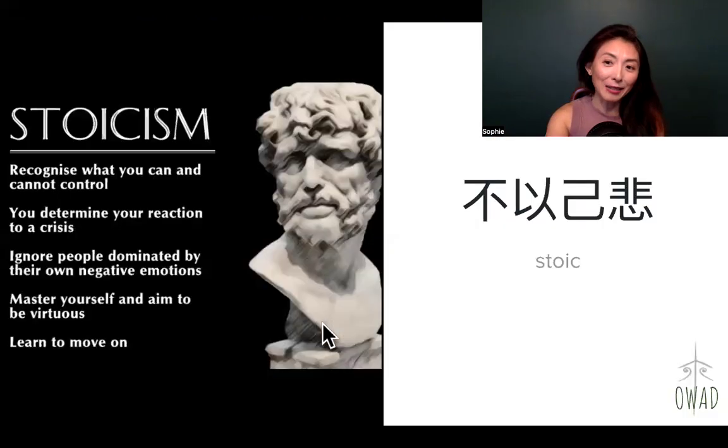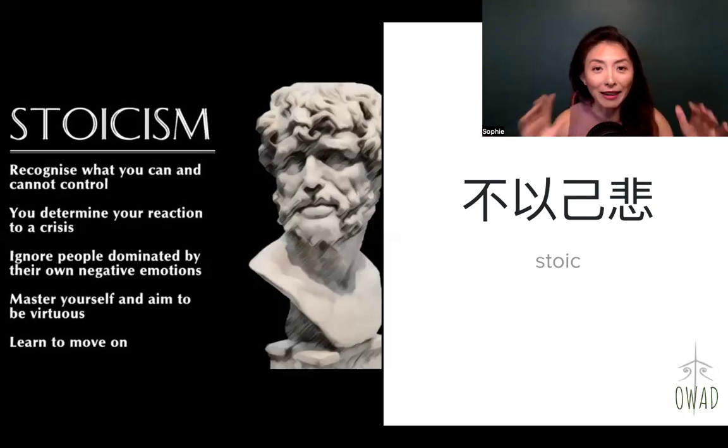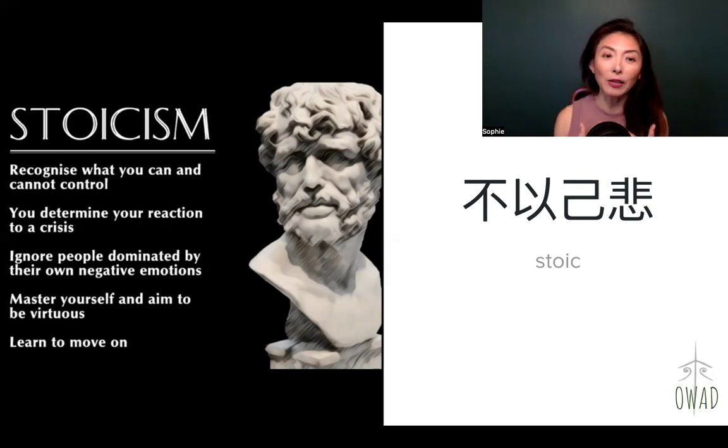And when I asked ChatGPT, okay, what would be the one English word to go through that, they gave me Stoic. So, okay, let's unpack somebody's definition of what Stoicism is. Recognize what you cannot control. Okay, that paired with yesterday's saying 不以物喜, that's your happiness doesn't depend on the external happenings. That's exactly that, because you cannot control it all, right? That's logical. And then you determine your reaction to crisis. That's like self-discipline and self-control. You realize that you're not your emotions. You have a conscious mind, like a frontal cortex, to tell you to make a decision on how you respond.